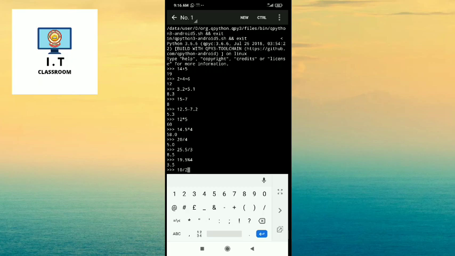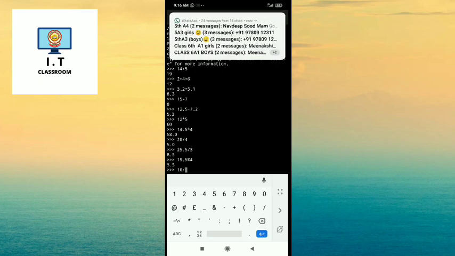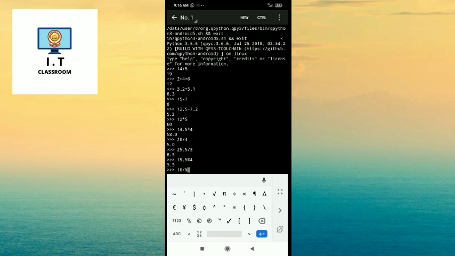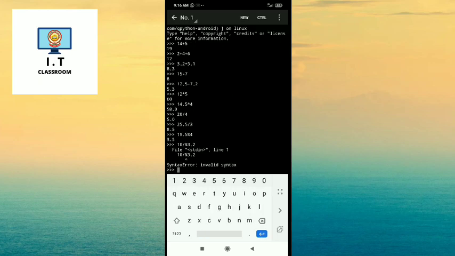Next, which operator we are going to discuss, it is modulus operator. The symbol modulus is used to find the remainder when a number is divided by the another number. After typing the following command, you have to press enter key after typing the command. The remainder in each case will be displayed in the next line.